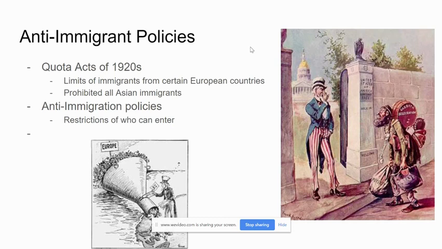This is going to have a big impact on immigration in the early 20th century. We're going to see immigration kind of drop during this time period, 1910, 1920s. And it's really not going to be until after World War I, or even World War II, that we see immigration policies changing, allowing, again, a more open immigration policy like what used to be in existence before all of these Quota Acts.